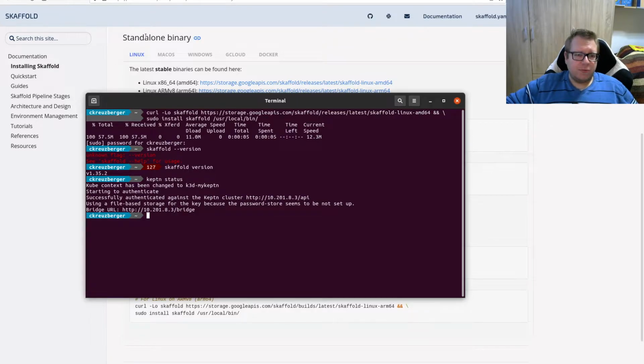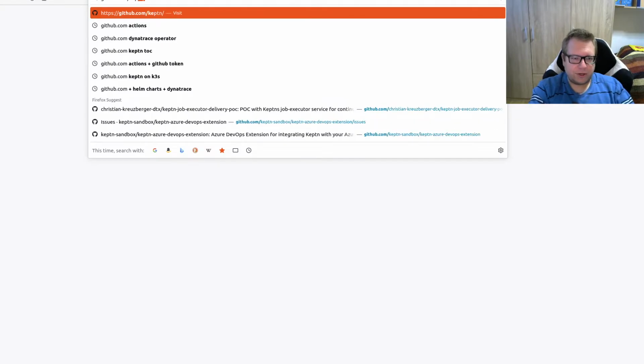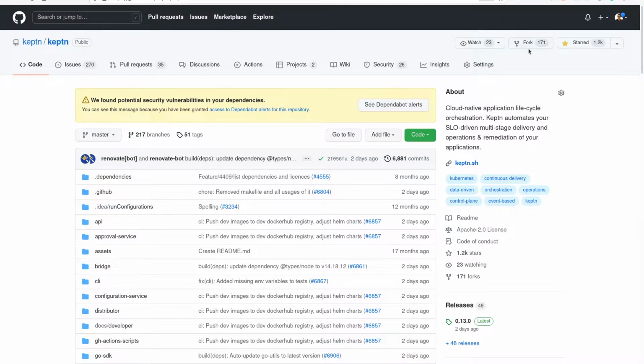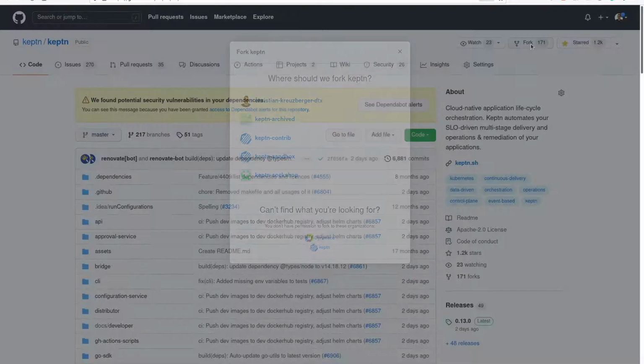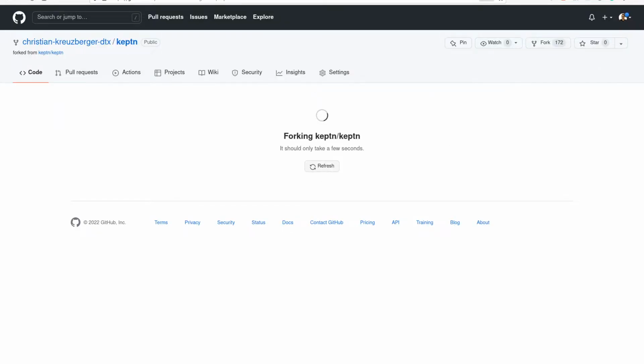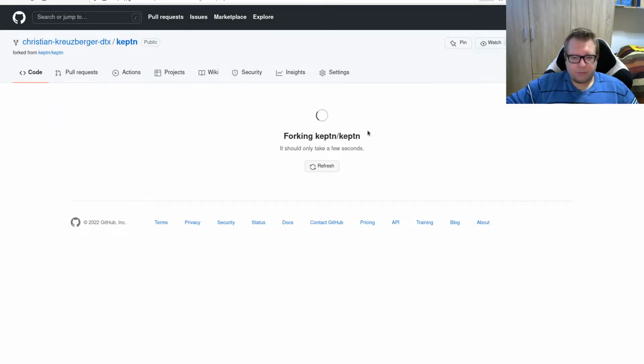Next step, what you really want is to clone the Keptn repository. So you're gonna go to github.com/keptn/keptn, and depending on what you do, you should either fork it directly, which is on the top right corner. You can't see it because my video is hovering over here. Actually, quickly going to hide it. There is fork. Or, yeah, you know what? We can actually do that. Let's fork it into my GitHub repo here,